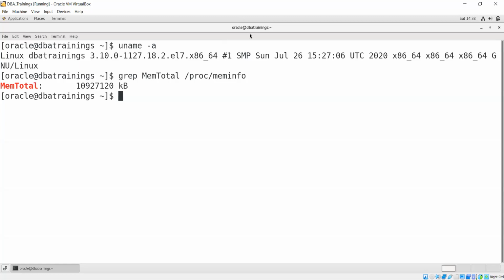Now the next prerequisite is that we can check the swap space. Swap space also plays a critical role when you are installing. So always make sure swap space should be double. Of course, it's not so nowadays, but there is a thumb rule that we have to follow.